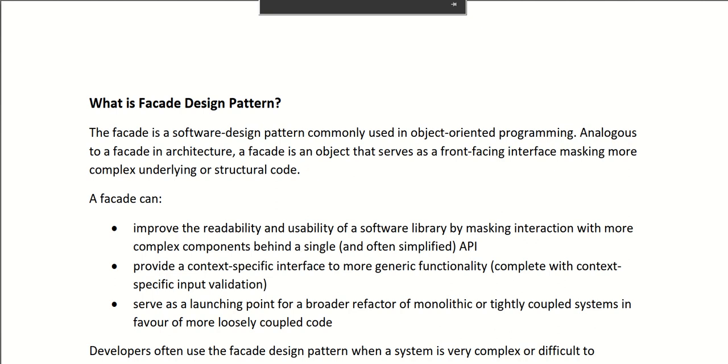Okay, so it provides a context specific interface to more generic functionality. Okay, you have a whole lot of functionalities with you, but by using a facade pattern, basically you are providing a context specific interface. So it calls only some part of that generic functionality or the complex functionality and puts specific validation only for that part. Okay, and also as they said, it serves as a launching point for a broader refactor of monolithic or tightly coupled systems in favor of more loosely coupled code. Okay, so it also forms a basis or a launching point in order to provide a refactoring for a monolithic or a tightly coupled system or existing system, or you can call it a legacy system. Okay,